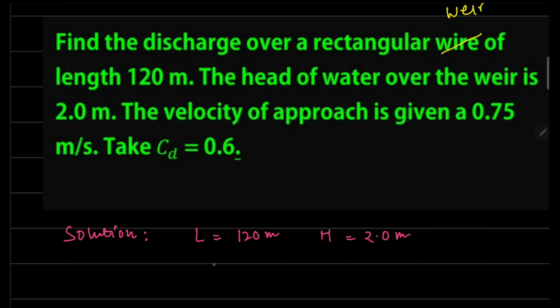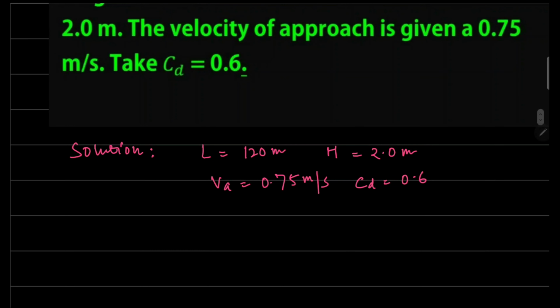And the velocity of approach, which is shown by VA, is 0.75 meter per second, and CD value is 0.6. So first of all, we will figure out what is the head induced by the velocity of approach. So HA is VA square divided by 2G. So VA is 0.75 square divided by 2 multiplied by 9.81. So this value comes out to be